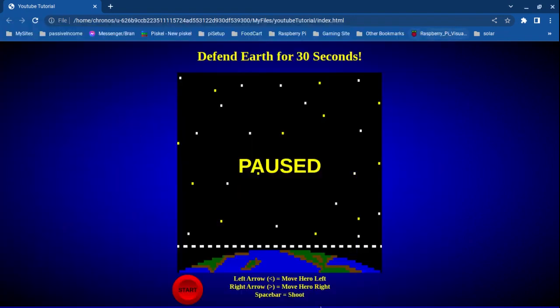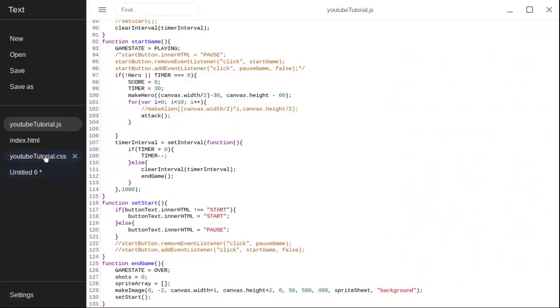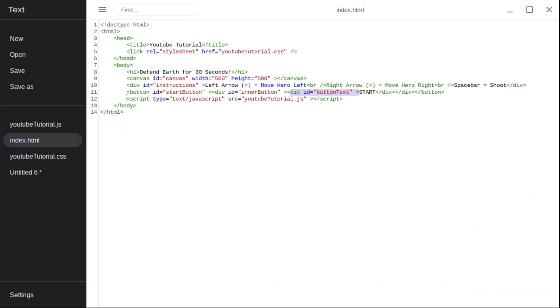Now you need to actually include it in your program. So in your index.html, where you included your other JavaScript, copy this, but paste above it. You want this to be above YouTube tutorial.js. And now, instead of YouTube tutorial.js, take this out and write sounds, S-O-U-N-D-S. And now that you have YouTube tutorial.js underneath sounds, you can use all the functions in sounds